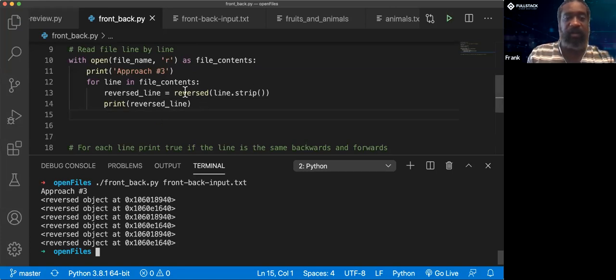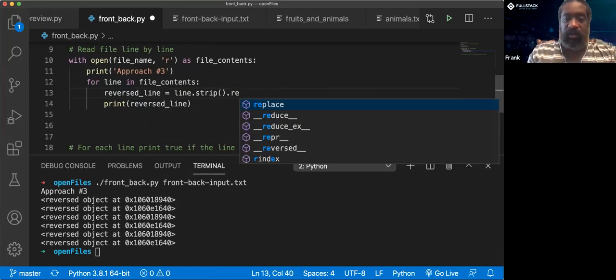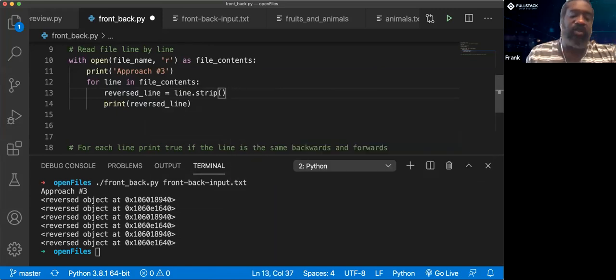That's not what I wanted. So instead of reverse, can we do just reverse? It's just giving me an object instead of the actual string. Can't do reverse on a string. Okay, so